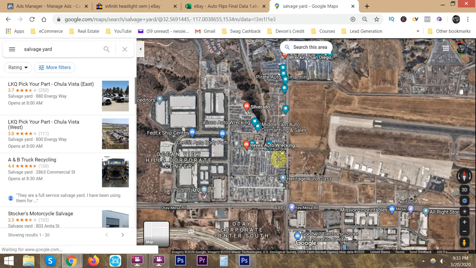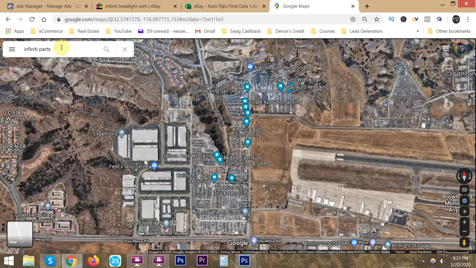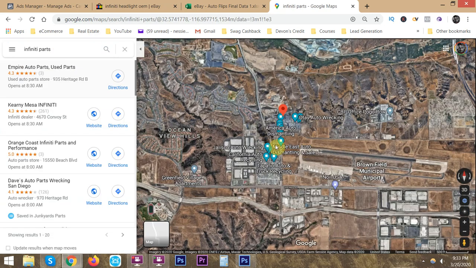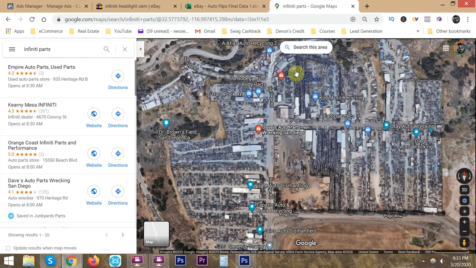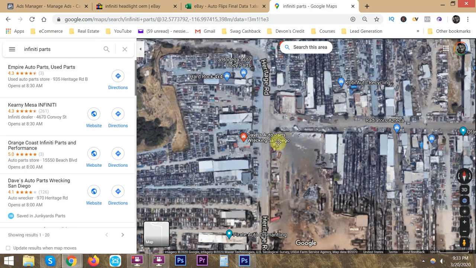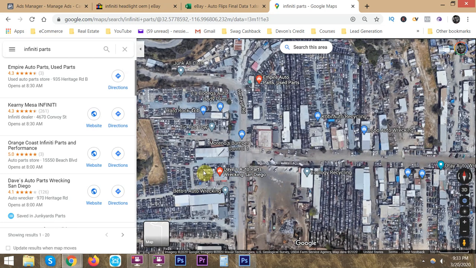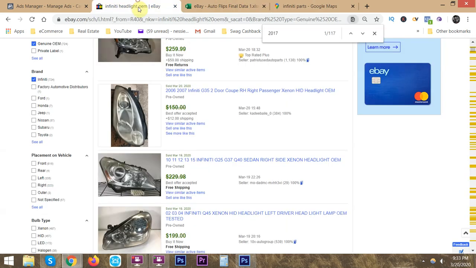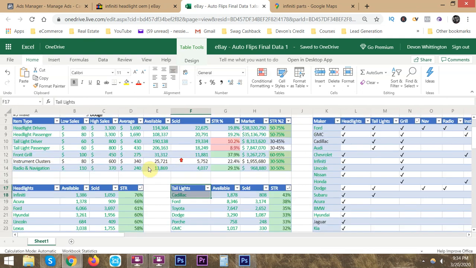You might have to just go over here, like I showed you in another video, and type in Infinity Parts when you're in the salvage junkyard kind of area, and it'll show you the two places that actually have metadata in the Google search for Infinity Parts. And you can give these guys a call, and if they don't pick up, they don't answer, just drive down there, talk to these two first, and if they say no, ask them, okay, who do you think would have an Infinity Q50? And then again, just don't go for one car specifically, have a list of cars, and on top of that, say I'm looking for headlights, I'm looking for taillights, I'm looking for this. But the more specific you go in,